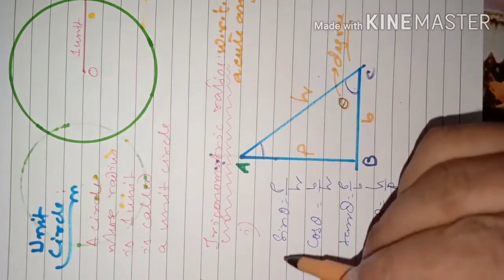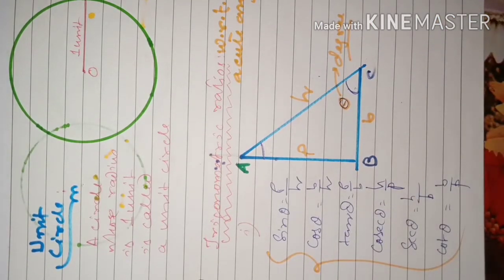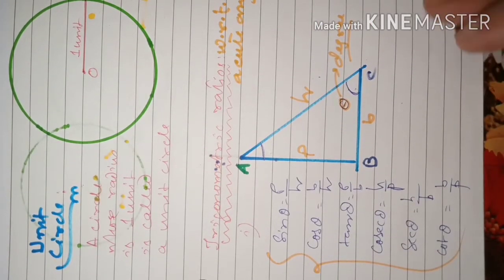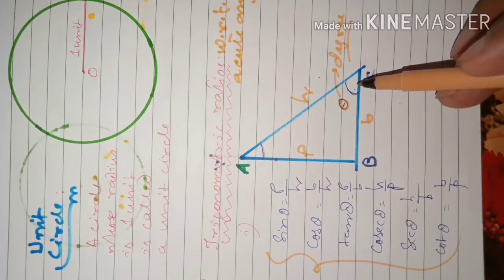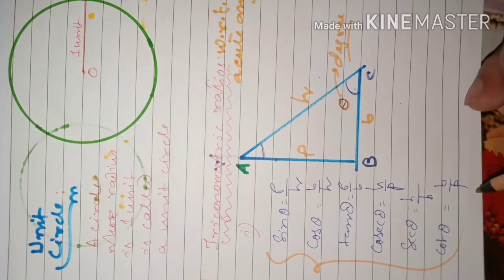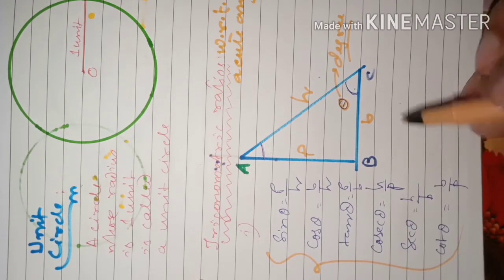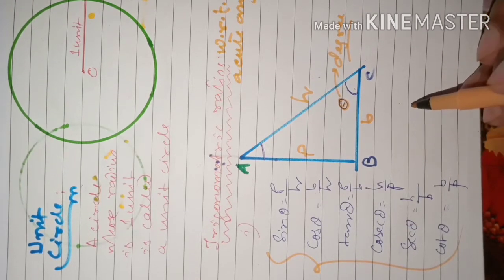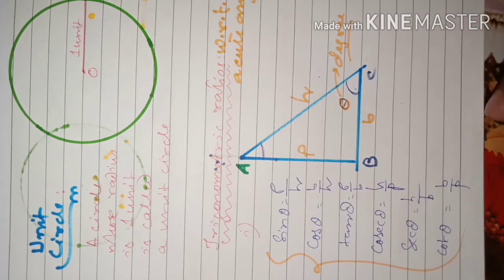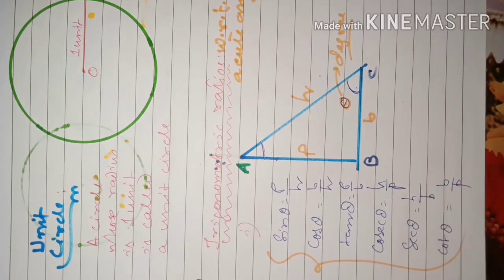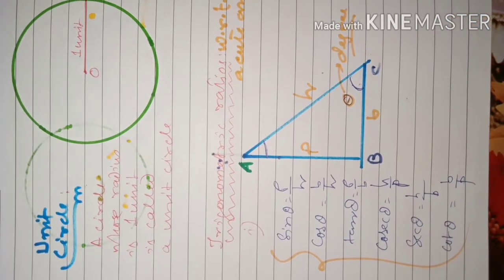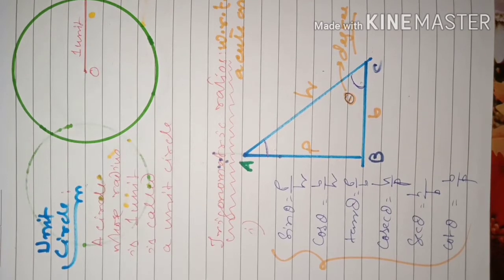Up to class 10, whatever we have learned, all those trigonometric ratios were with respect to acute angles, no? Means less than 90 degree angle. For that, this was defined. And their values also: sine 0, sine 30, sine 45, sine 60, sine 90, like that, no? We have learned that.